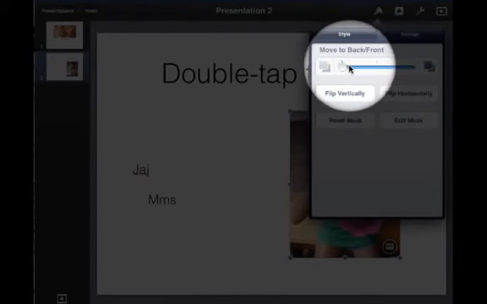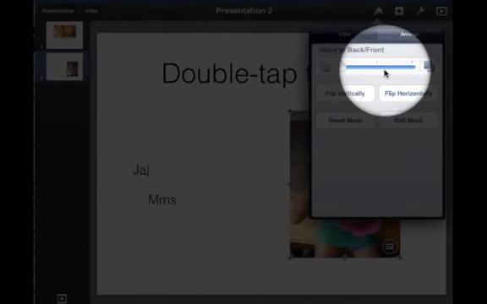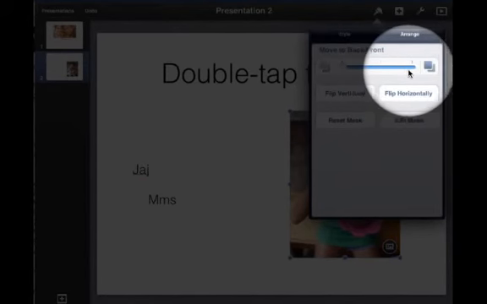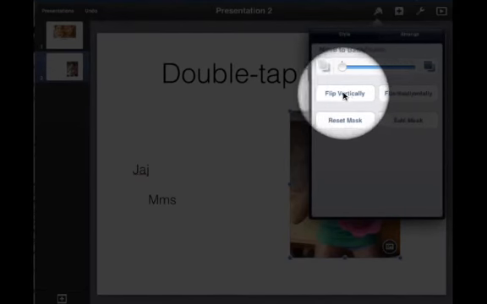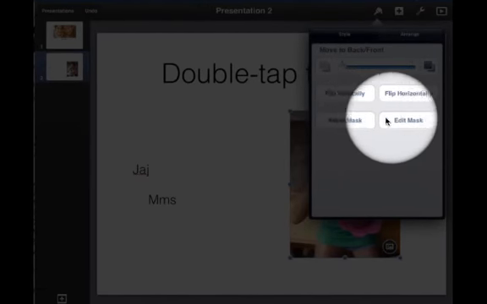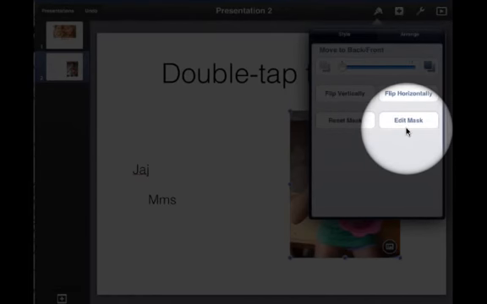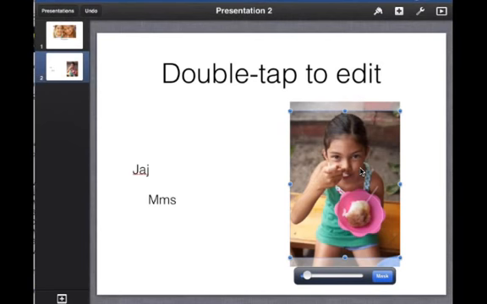So I can change where in the back to front this is. So if I've got text on top of pictures or pictures on top of text, I can decide whether I want the picture in front or the text in front. And then I can flip it vertically or horizontally. The mask, I can edit the mask, and I'll show you what that means. So editing the mask just means